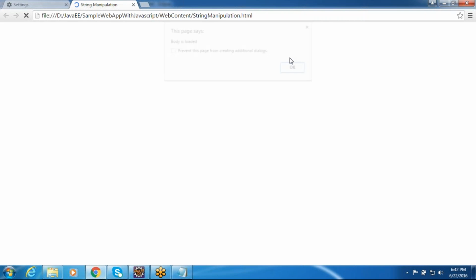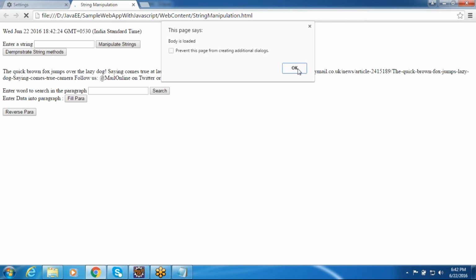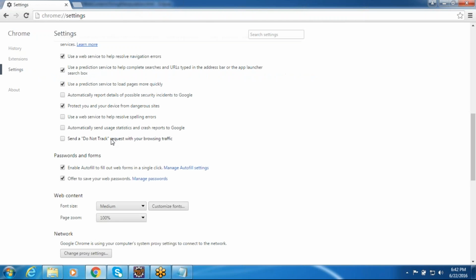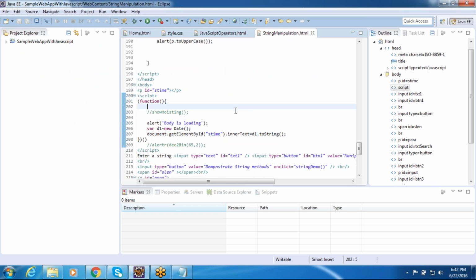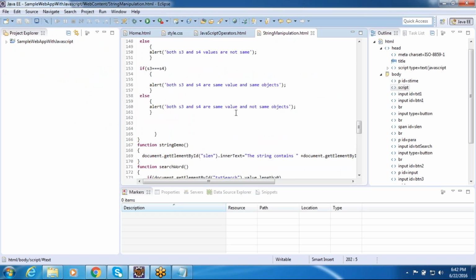Now this time you got body loading. Body is loaded, we are getting it. Now come to this part, then try to execute. Show hoisting, why is it giving a problem? If you come to show hoisting,